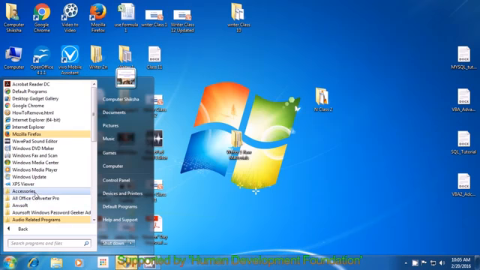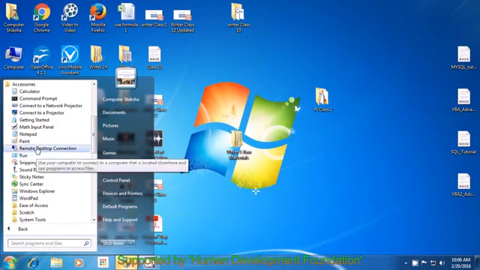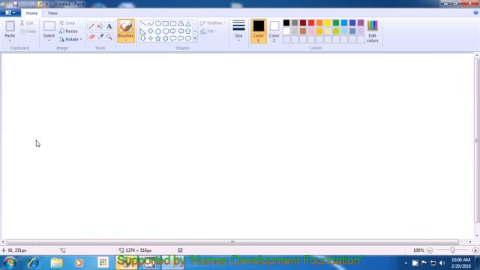You will see an option saying Accessory, and this is the option that all of you will select using the left button on your mouse or touchpad. Next, we have to move our pointer so that it comes on top of the Paint option. Again, using the left button on the mouse or touchpad, click it to open the Paint file.